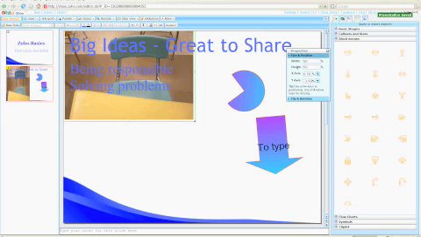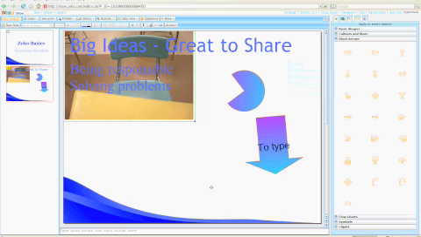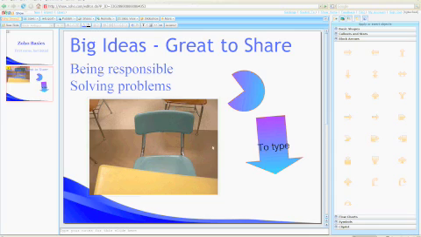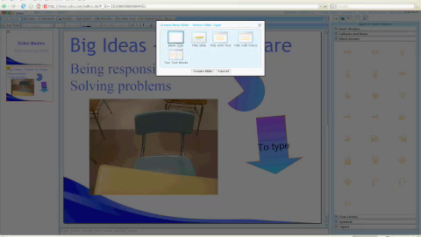Again, look out for the text boxes so that you can make sure you can move the pictures the way that you want them to. The easiest way to insert pictures is from the internet. Once you add a new slide, again picking the style,